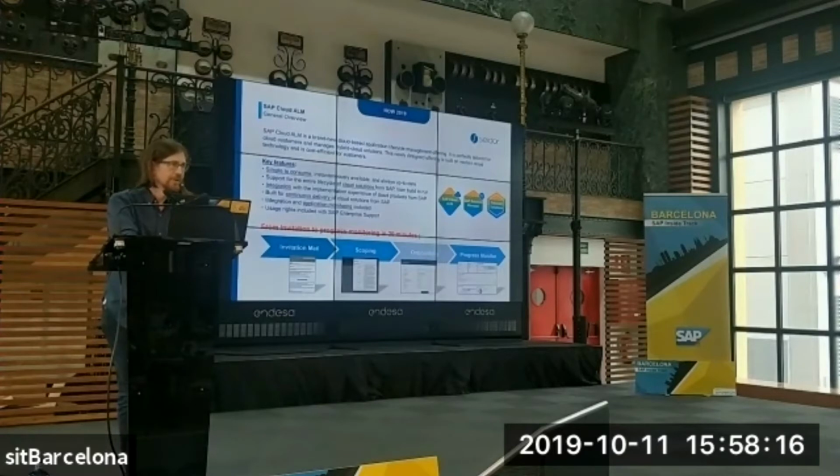You can open the application, define the scope, and manage the team, and the customer, the project leader, and the project team can see which tasks they have been assigned and have to complete. This is what we have in Cloud ALM. It's not a replacement of Solution Manager as we know it. We already have a Solution Manager on-prem version. This is a new product, totally separate from the old one.